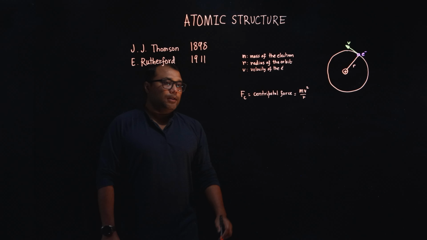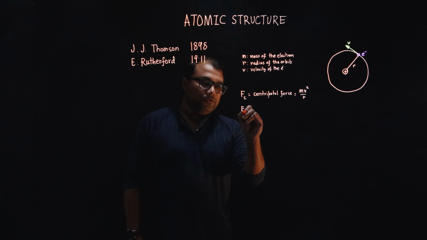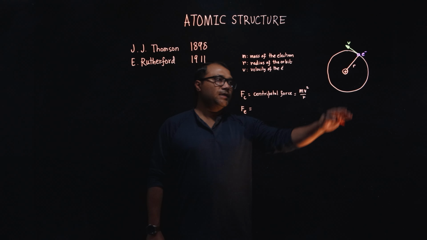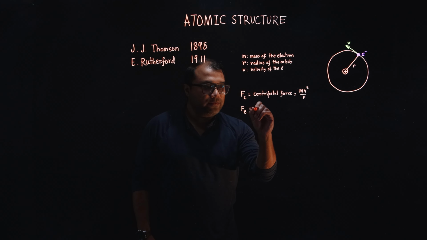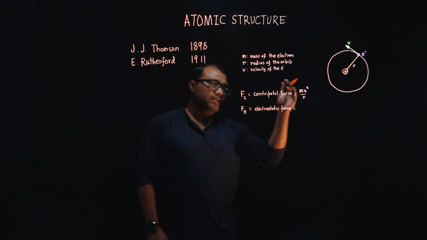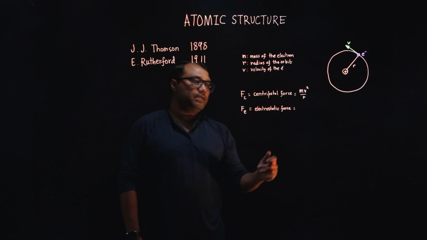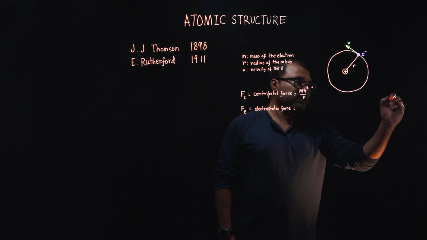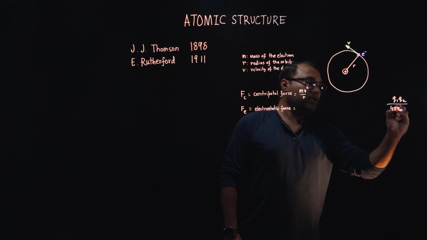Now there is also an electrostatic force of attraction between the positively charged nucleus and the negatively charged electron. The electrostatic force is an attractive force between the electron and the positively charged nucleus, and that provides the centripetal force. This electrostatic force we can write from Coulomb's law, which is Q1 Q2 by 4 pi epsilon naught r square,